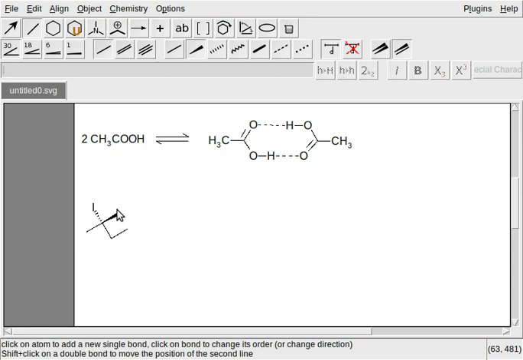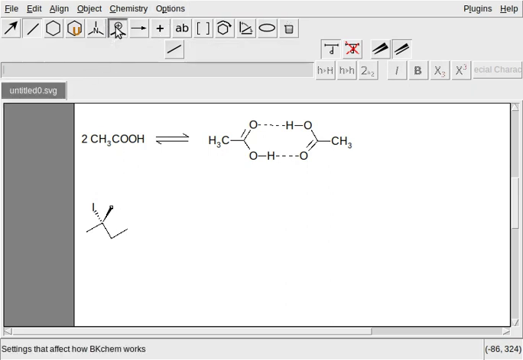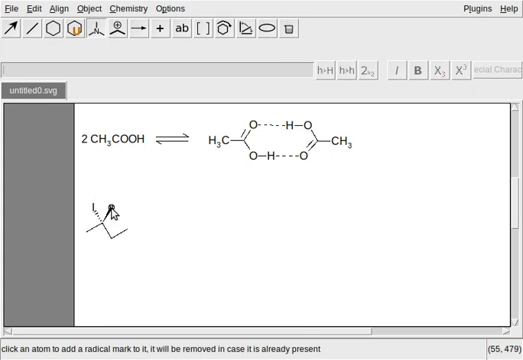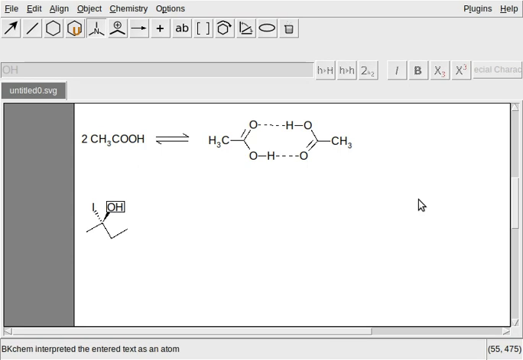So we draw it like this. To make it more similar to the original, we rotate it slightly. Then we draw an OH here. We type OH here. It's over.